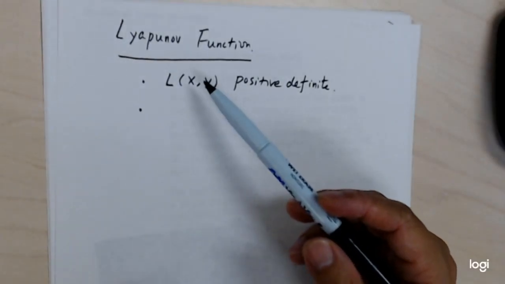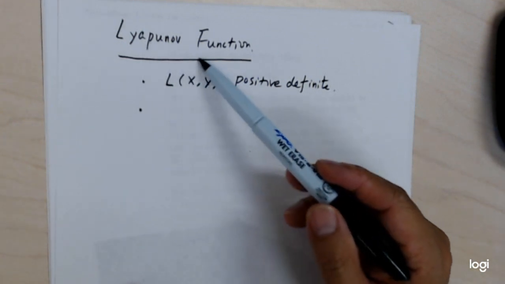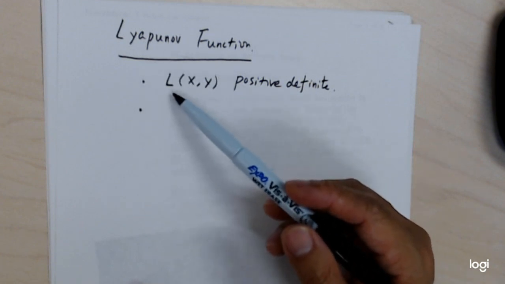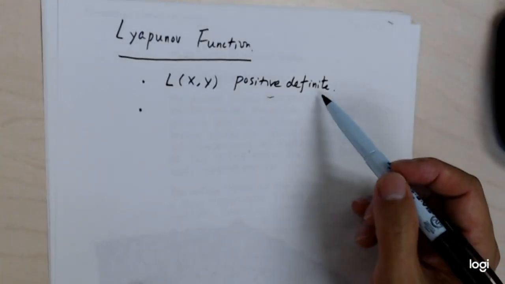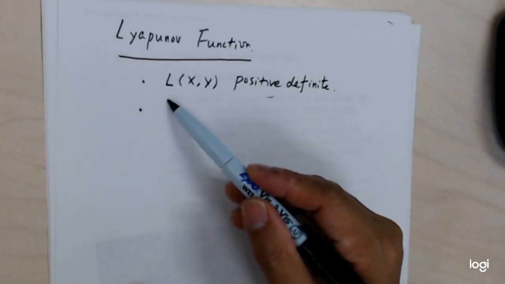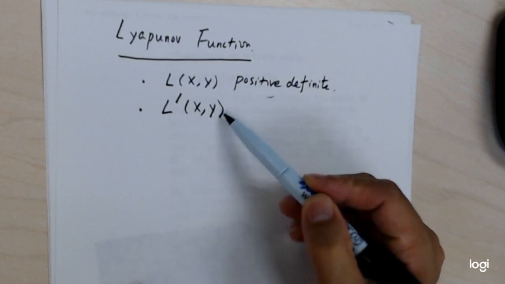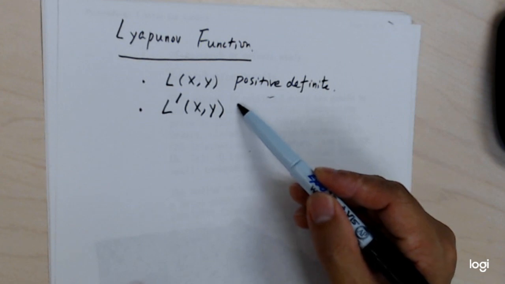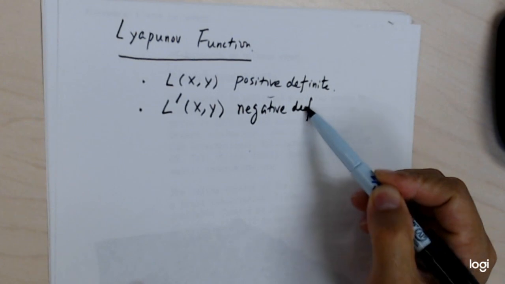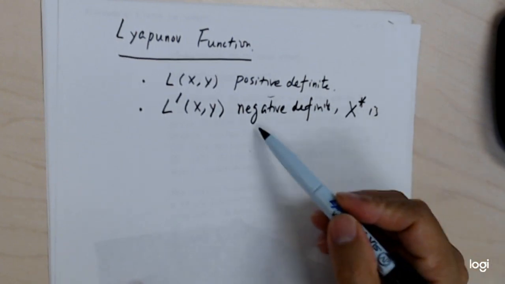So let's continue with what we left last week. We were talking about Lyapunov function. To make Lyapunov function work, I need the function itself to be positive definite in some neighborhood containing x star. And then we need to check the sign for x prime. This x prime here is with respect to t, okay? If this is negative definite,